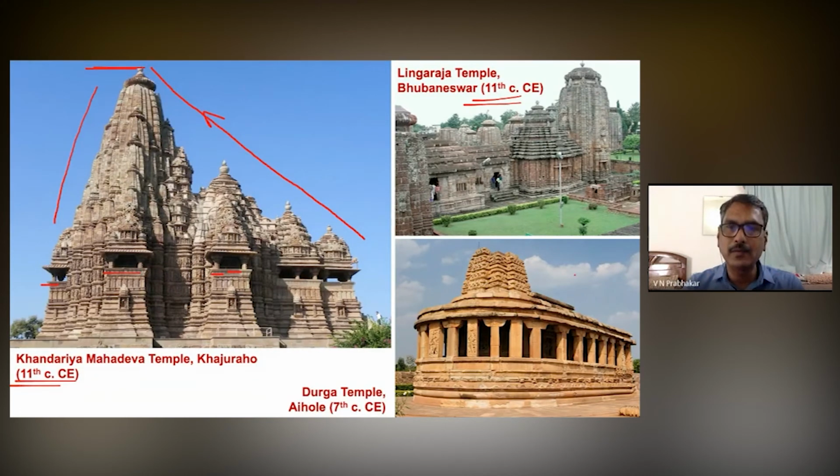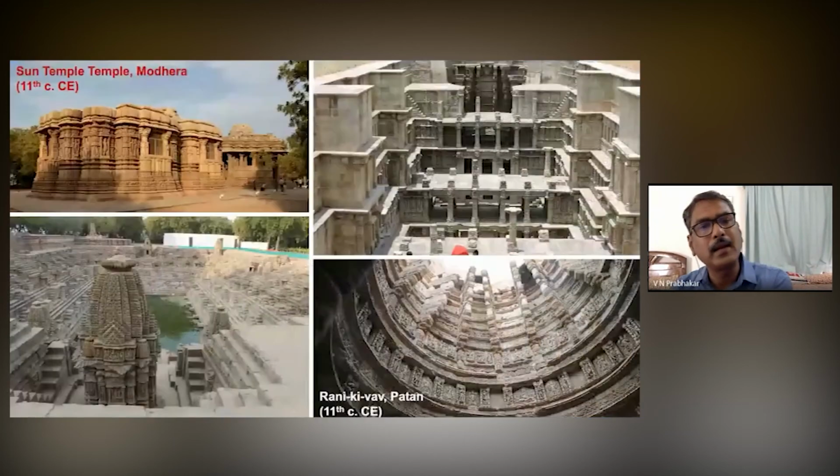But here also we see some exceptions, like in the case of the Durga temple, which is actually a Shaiva temple at Aihole, of the 7th century. We see an apsidal shrine with a circumambulation within that. A pillared passage is there, and in the center there is a Nagara style, Latina Nagara style shikara that we are seeing here. There are other exceptions; there are various exceptions we always see in different parts of the Indian subcontinent.